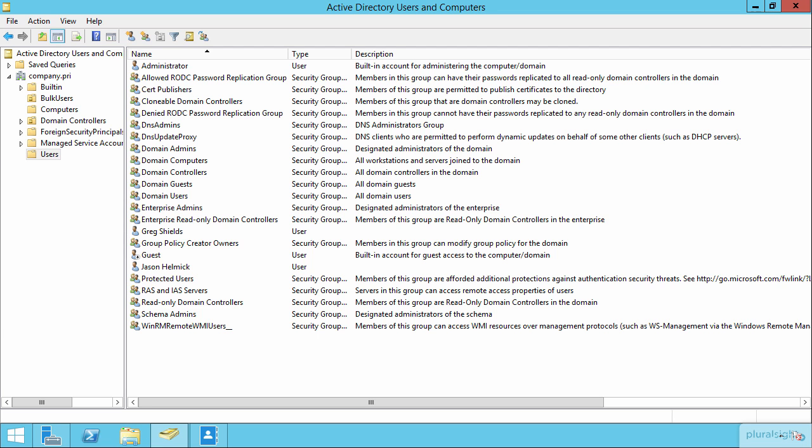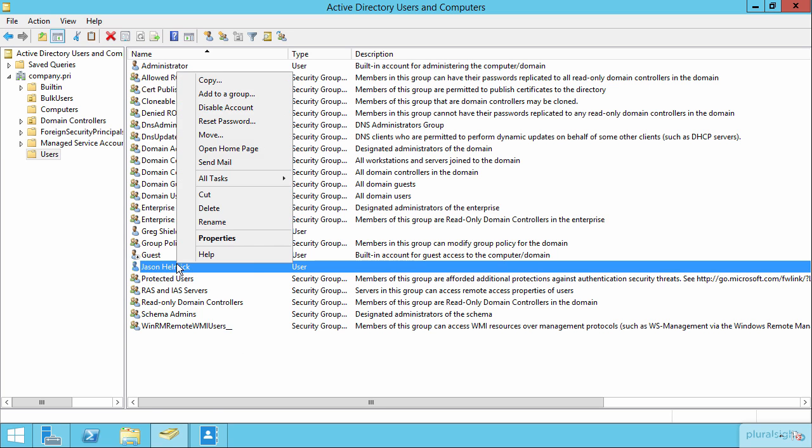Now, back in that last clip, we went through a very short explanation of the process to copy an account. And we went over to the Jason Helmick account and attempted to copy Jason Helmick to some other user. In a world where you may have another user like the Don Jones person who may be coming in and working in the same group as the Jason Helmick person, well, it makes sense then to just copy the account so that you can very easily replicate all the different configurations that Jason has over to what Don will